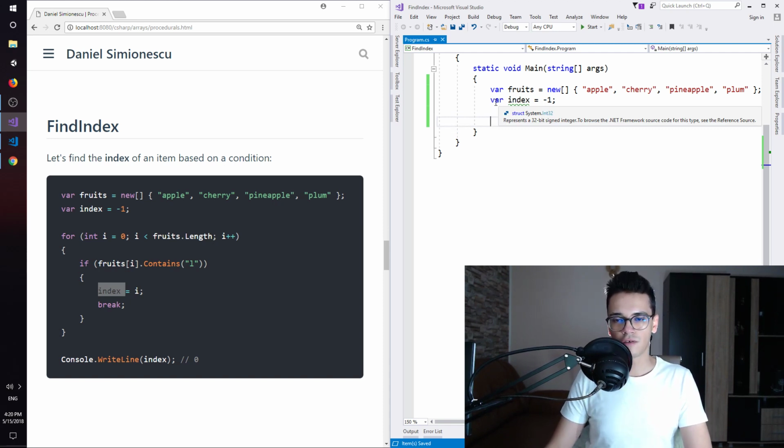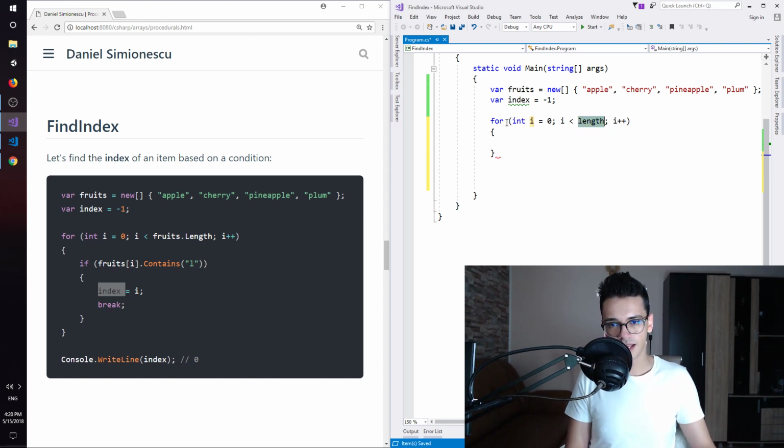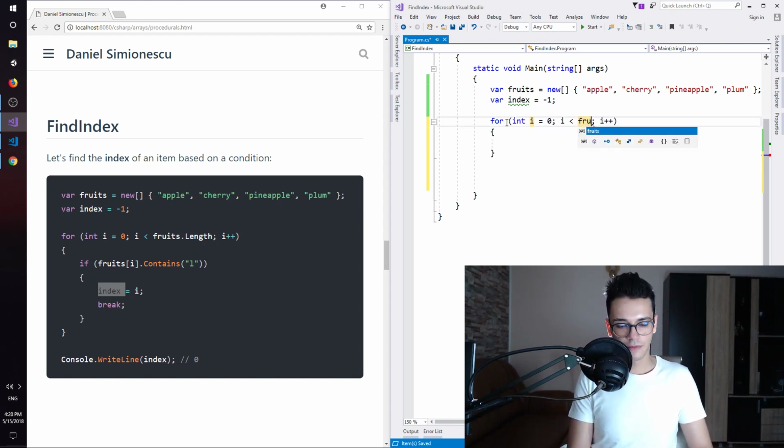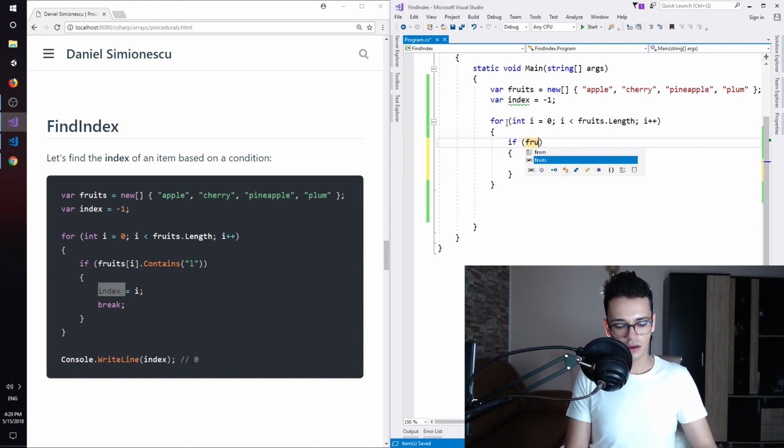And if we hover over var, you can see that this is an integer indeed. So the compiler infers that this is an integer. Indexes in C# must be integers. So we need a for loop, for tab, fruits.length, enter, and we are going to say if the current item that we are iterating over, fruits I, contains